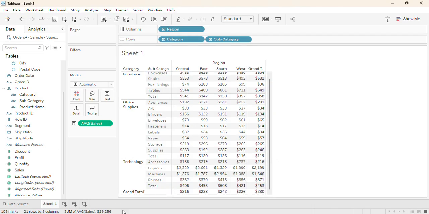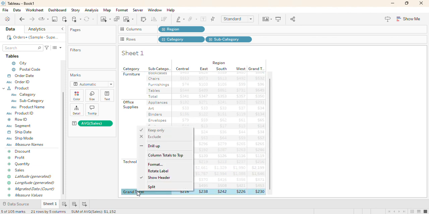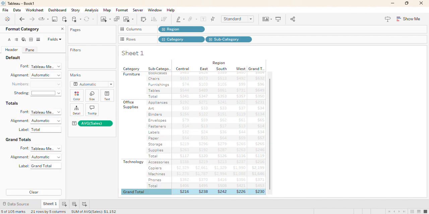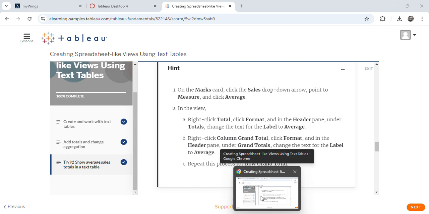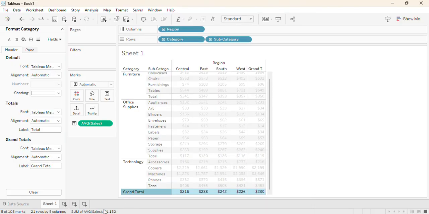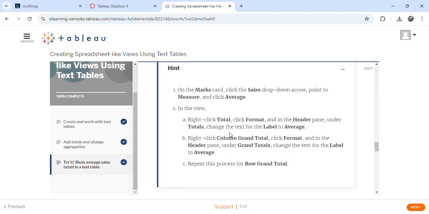Right-click Total, click Format, under Totals, change the text for the label to average. I click Total, click Format, and in the header pane under Totals,